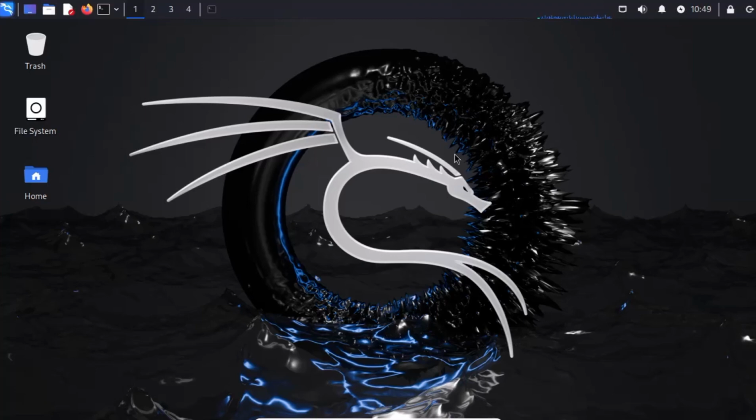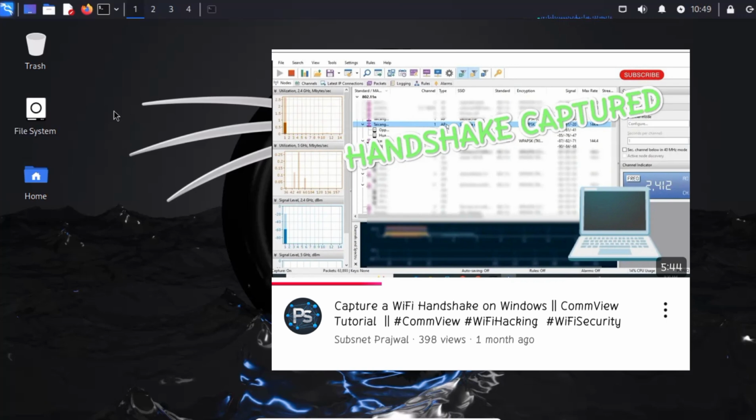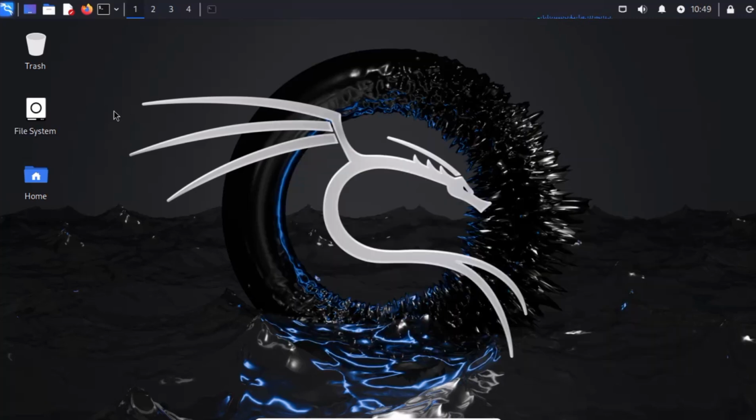This is part 2 of how to hack Wi-Fi without an external adapter in Kali Linux. In the first part, we captured the 4-way handshake using CommView, which did not require an external adapter. So first of all, go and check out that video. The link is in the description. You can capture the handshake file without using an external adapter from that, and for the rest of the process we are